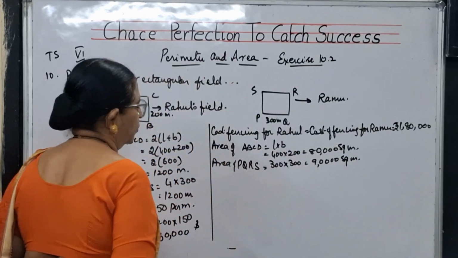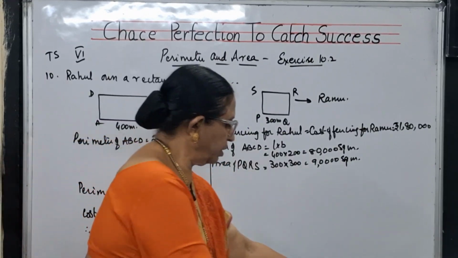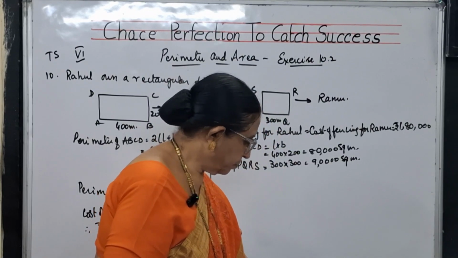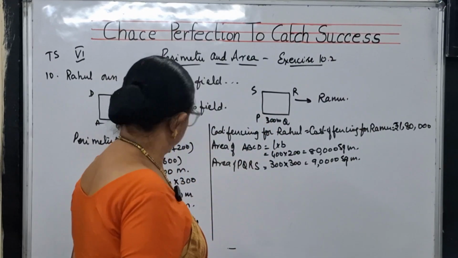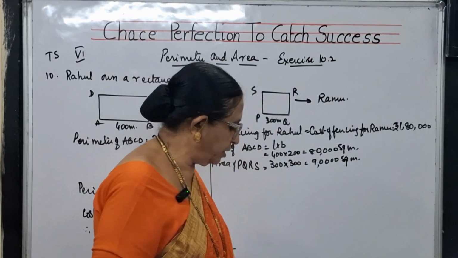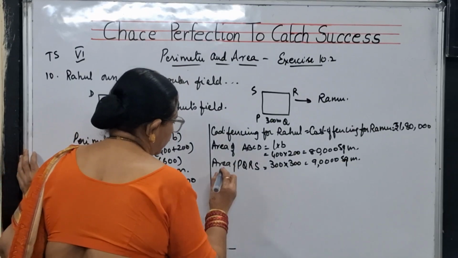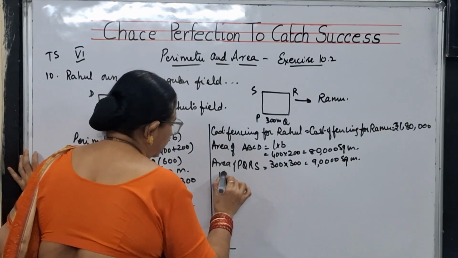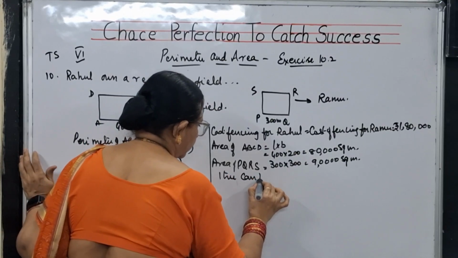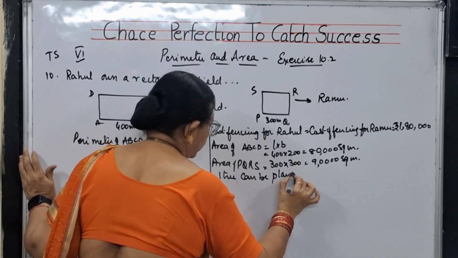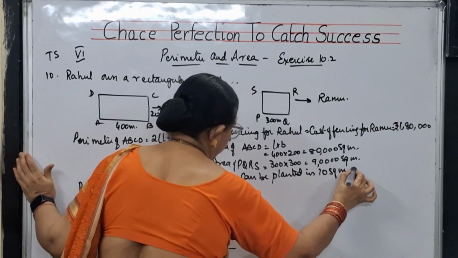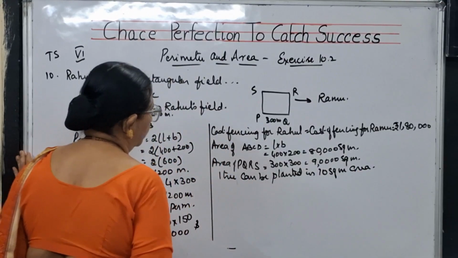PQRS is 9,000. Now, what is the question? The question says, this is 10th problem. If one tree can be planted in 10 square meter area. So, what is the caution that they have given? One tree can be planted in 10 square meter area. So, let us see